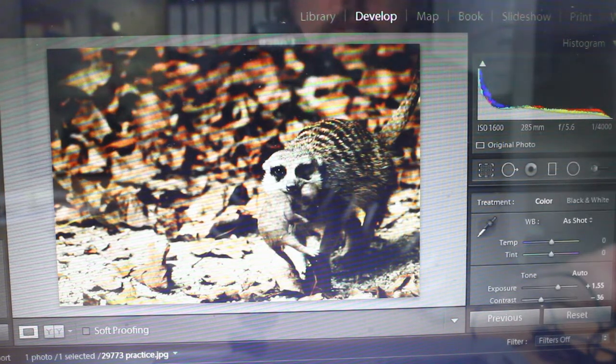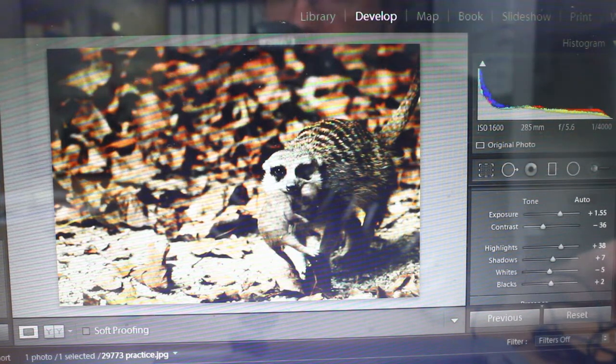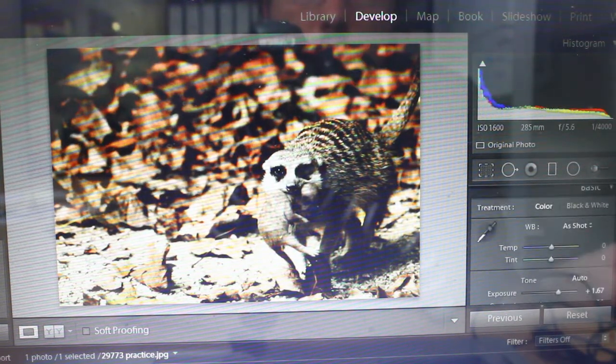So if you're using something like Microsoft Word or Irfanview, something like that, to manipulate your images and to adjust them to meet your given requirements, you might not have the option of blacks and whites or shadows and highlights, but you will still have contrast and exposure, okay? You should also have